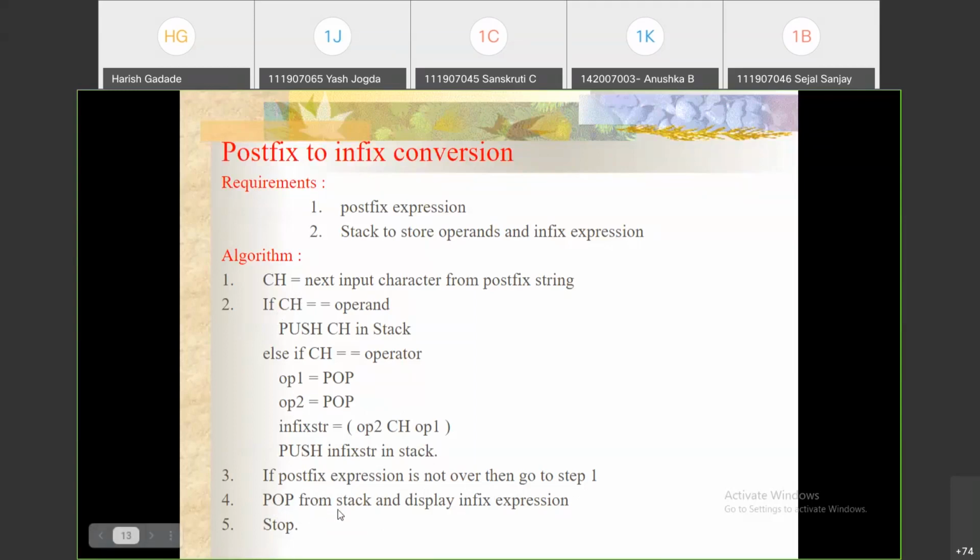Otherwise pop the element from the stack and display that string, right? So whatever expression conversion algorithm we have seen, that same algorithm we are taking over here for the postfix to infix conversion. Only one algorithm I'll tell you, and the rest are the same.